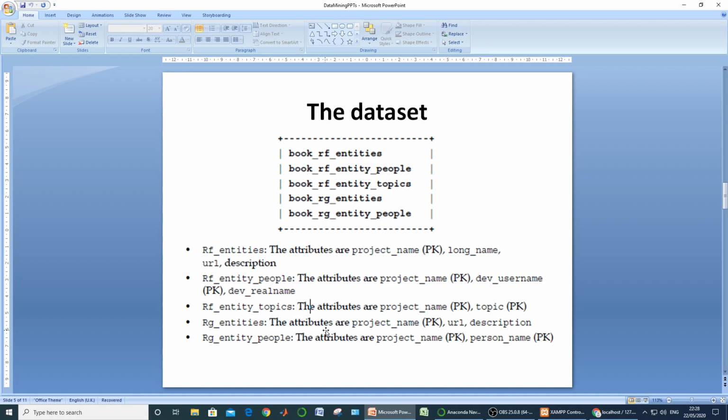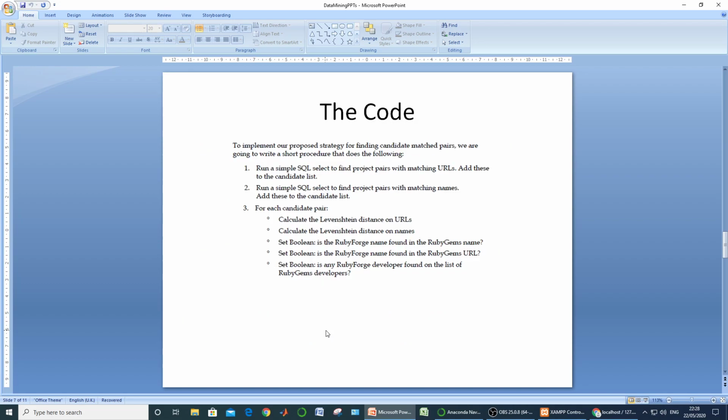We will follow these two steps first, and then after that we will be matching the other fields also. The overall logic behind this experiment is: the first step is to run a simple SQL select to find project pairs with matching URLs. Add these to the candidate list.